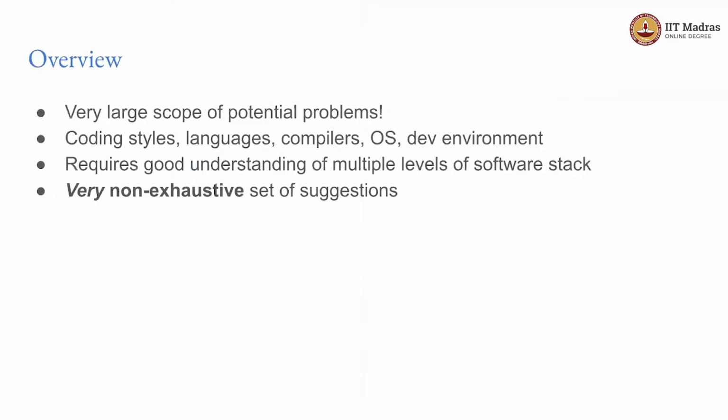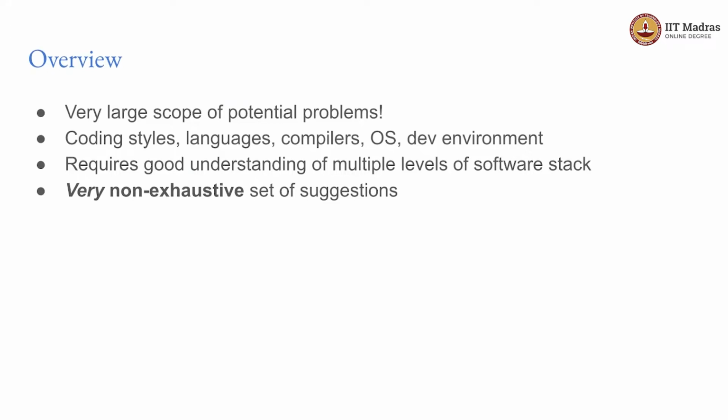We're now going to take a look at some issues with regard to the security at the backend or on the server. Now, there is a very large scope of potential problems that come up when we start talking about backend security. This could include things like how you write your code, the language in which you write your code, the compilers that you use, the operating system, the development environment, and so on. In other words, you require a good understanding of multiple levels of the software stack